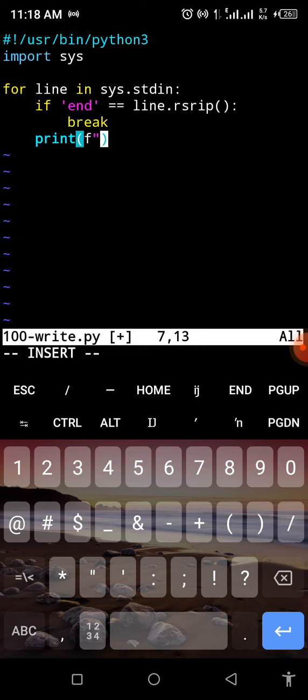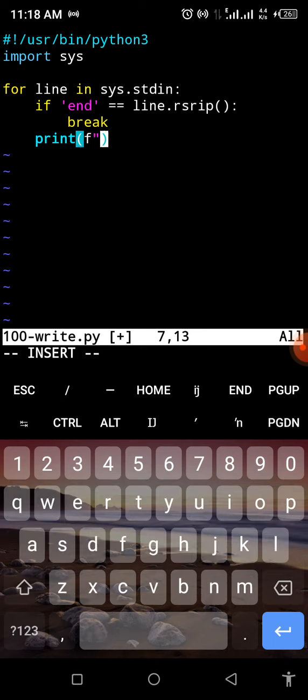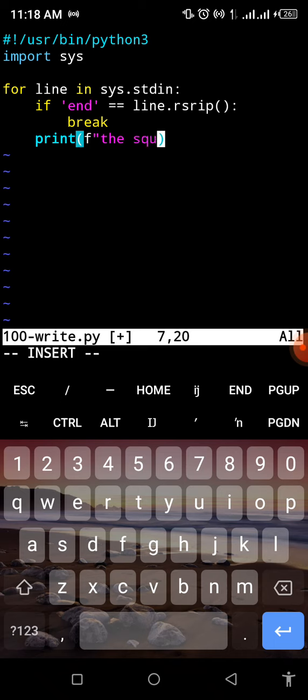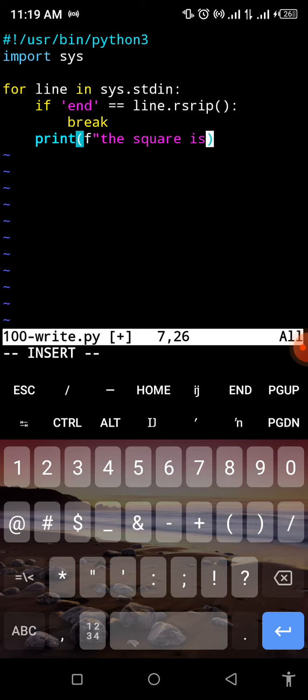Okay, let me put the square. The square is, so let me try to look for something creative to do there. So okay, the square,